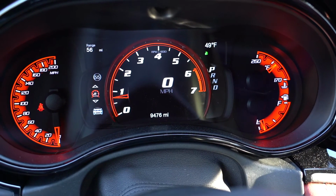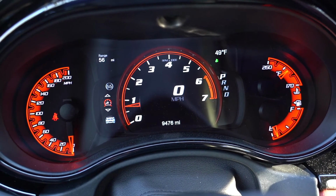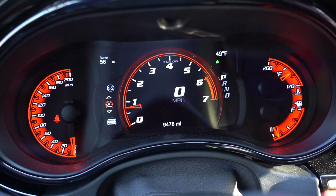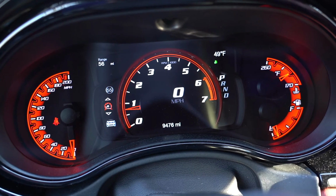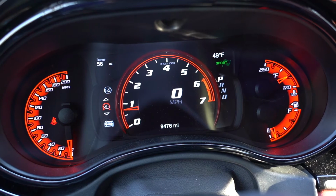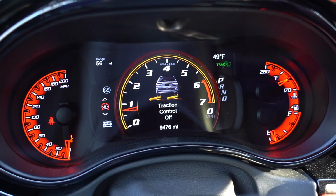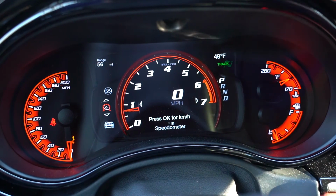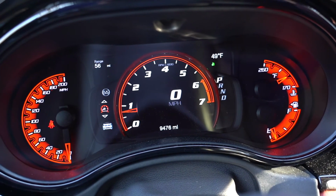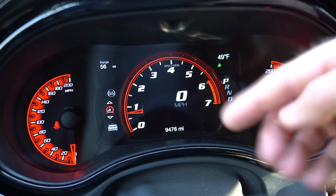For the gauge cluster, you're going to find an analog speedometer with a digital tach and digital speed there in the middle with a huge LCD display. Obviously, standard gauges over there to the right. Now, when you interact with the SRT toggle button, that allows you to pick the different driving modes. As you interact with it, it will change a little bit there in the middle, pretty much allowing you to know which mode you're on. You'll see it in the form of this little icon over here on the right. When you click sport, for example, it changes, auto and so on. But the most crucial point is really that nice digital readout for the RPMs and the speed really at a